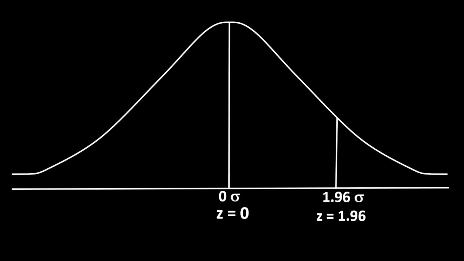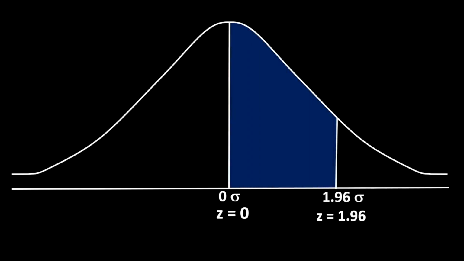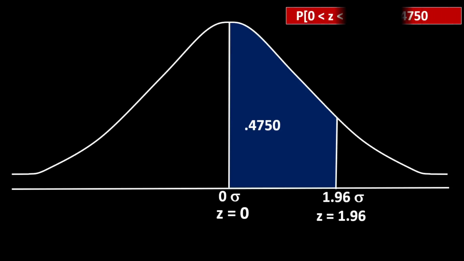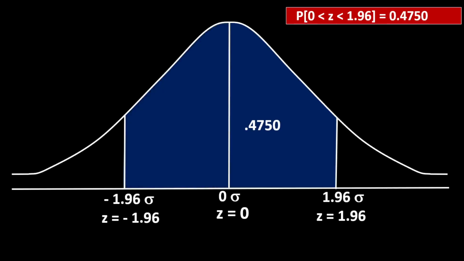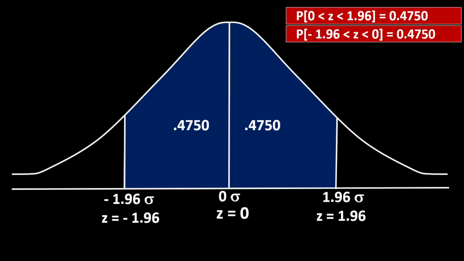According to the table, the area between these 2 points is 0.4750, and it is written like this: probability 0 less than Z less than 1.96 is equal to 0.4750, and the area between minus 1.96 sigma and 0 sigma is also 0.4750 according to the table, and it is written like this: probability minus 1.96 less than Z less than 0 is equal to 0.4750,